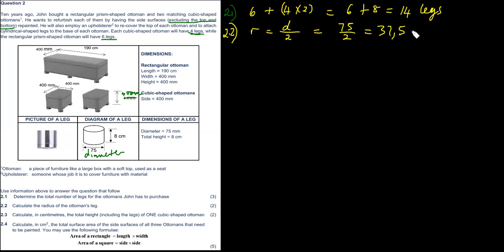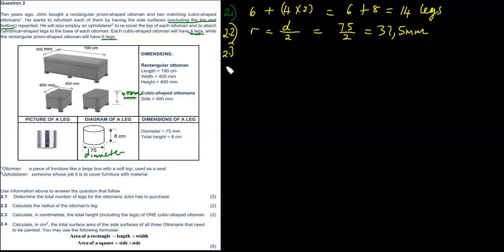37.5. What is the unit there? Sorry, here it is millimeters. Okay, we were not told which unit to use, so we're going to stick to the millimeters that they're giving us. That is 75 millimeters, so it's 75 divided by 2. We get 37.5. Then let's look at